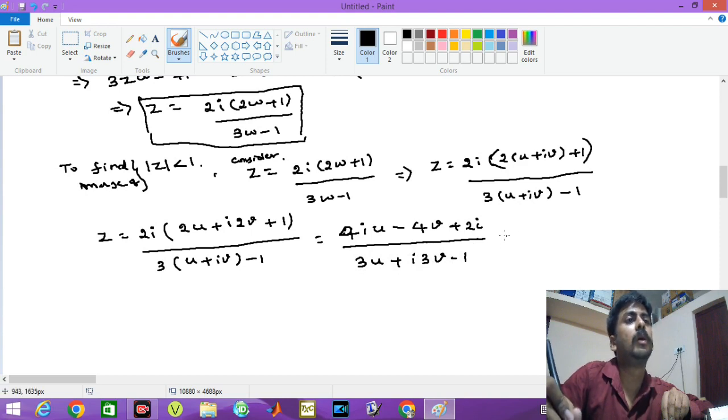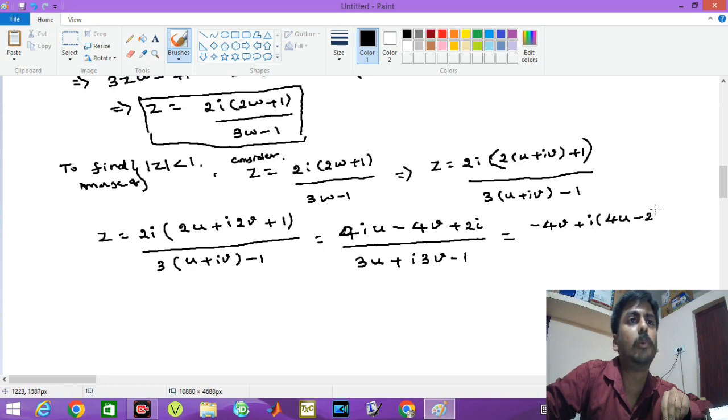Now we can split real and imaginary parts as well. The real part is minus 4v, the imaginary part is plus i of 4u minus 2, divided by